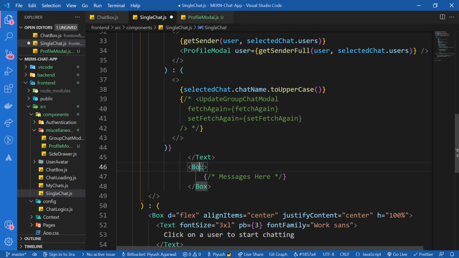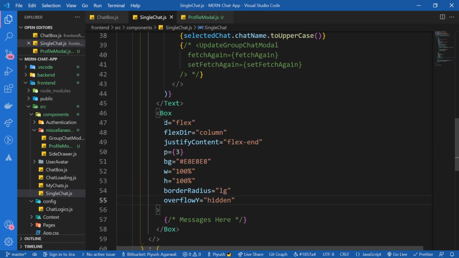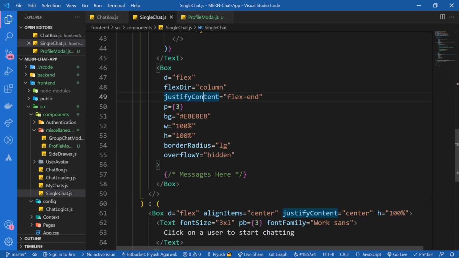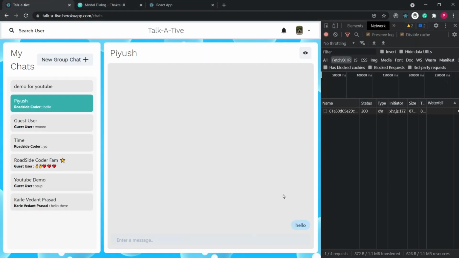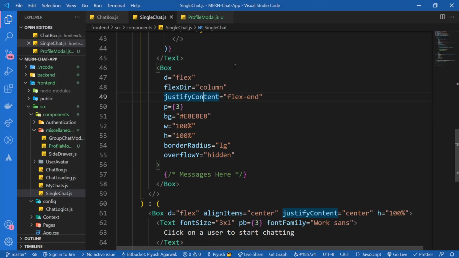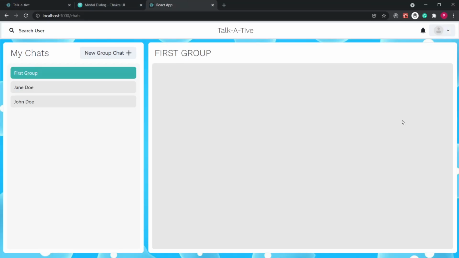All the messages are going to be here, and I'm going to give some generic styles to this thing. Some display flex, direction column, some justify content flex. This is going to have two things, all of the messages and the sending message, that is the input bar where we're going to type the message. I'm not going to get inside of that for now in this video. Padding is going to be 3, some background color, width, height, some border radius, and overflow Y. Let's see. Yep, it has taken its shape, but we're going to build this obviously in the future videos. So now let's create this thing,